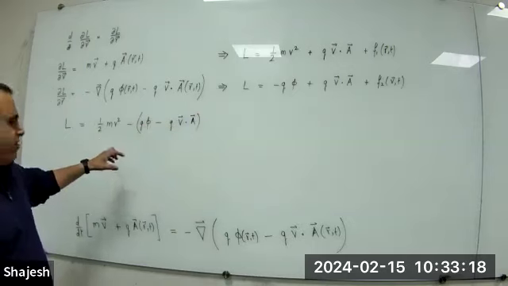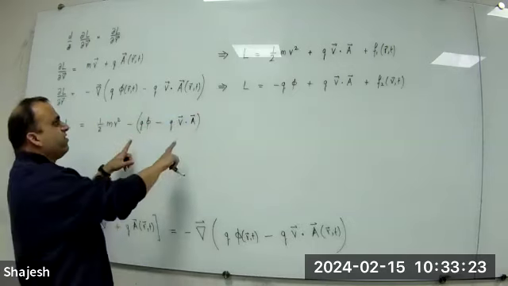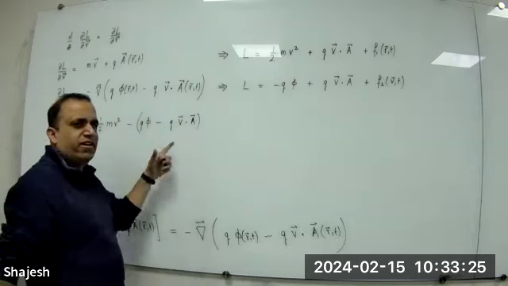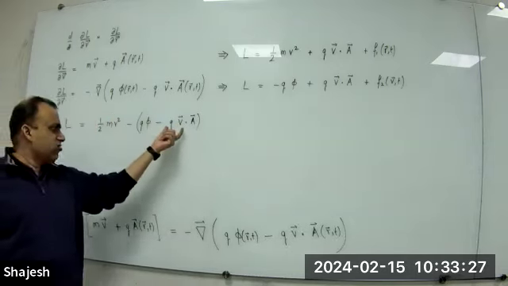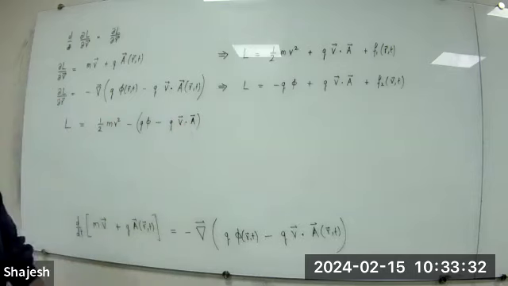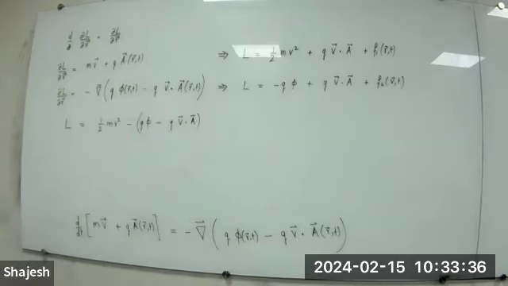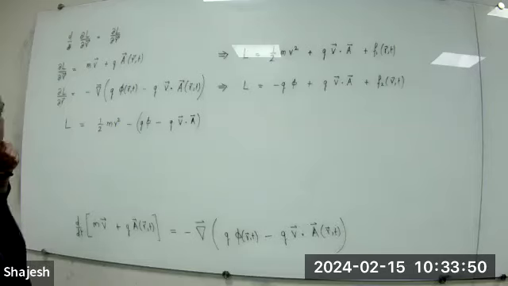When you think of the Lagrangian as kinetic energy minus potential energy, there is this feeling that, oh, this is the potential energy. But remember that this contributes to momentum also. That's perfectly fine to think of it as potential energy. Yes, it is potential energy, but it's a velocity dependent potential energy. That's not common, velocity dependent potential energies. Okay, so that's good.